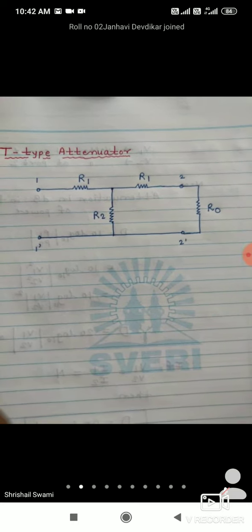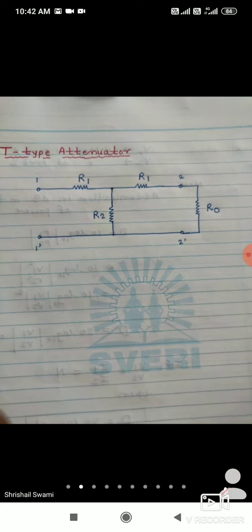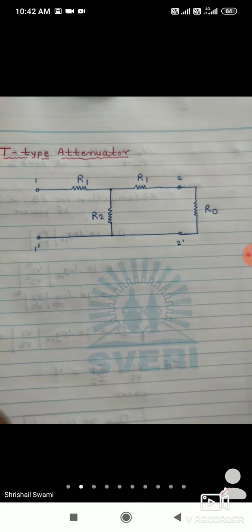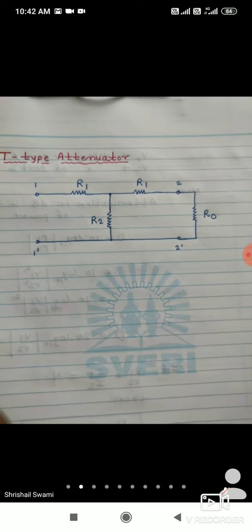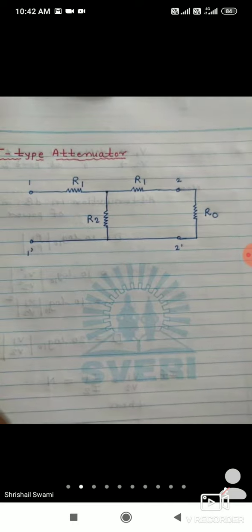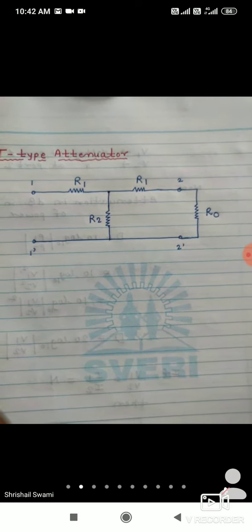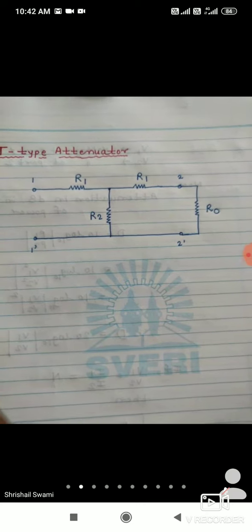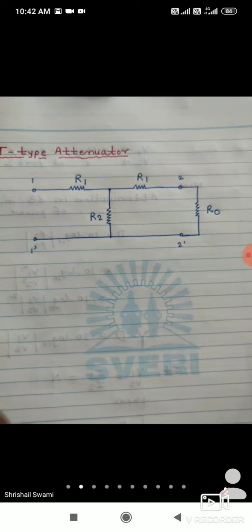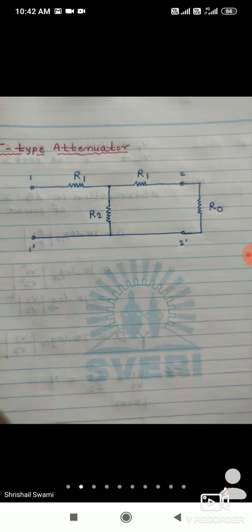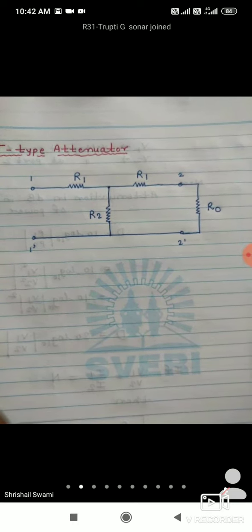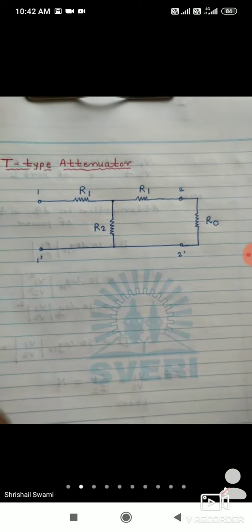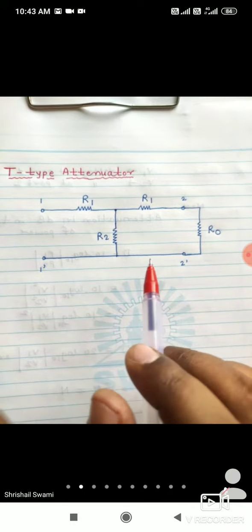That term can be measured with the help of the propagation constant. To measure these two parameters, one is the characteristic impedance Z0 and second is the propagation constant, the condition is that the second port must be terminated with the load impedance, with design impedance, with characteristic impedance, that is R0. That is the condition to analyze the two parameters, characteristic impedance Z0 and propagation constant gamma. Understood? So we are going to start with the help of a diagram. The diagram is easy to remember.